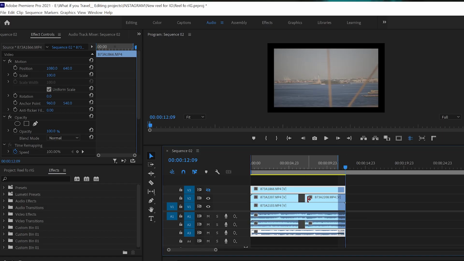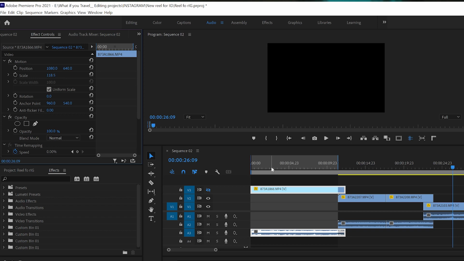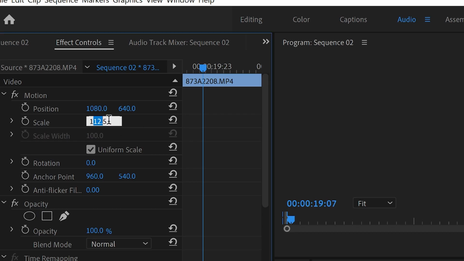Now to choose what kind of clip you want to put at the top, middle, and bottom, you want to think like this. You're telling a story, so you can do beginning, middle, and the end, or wide shot, middle shot, and close up. Use your imagination. Let's now make these clips a little bigger. Left click on each clip, set to frame size, and then go to the effect control panel and scale each clip to the point where you don't see the black bars anymore.